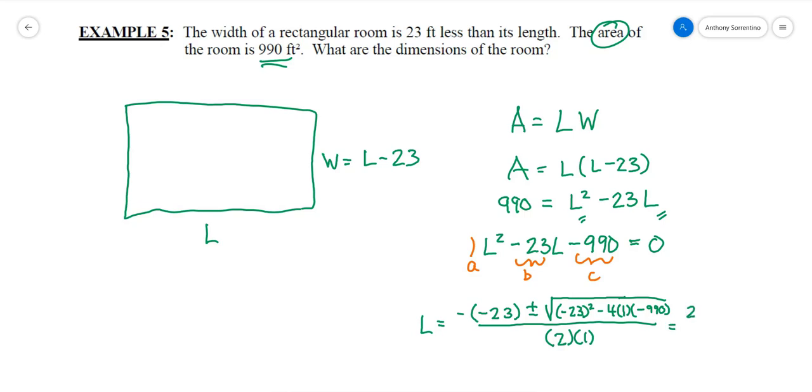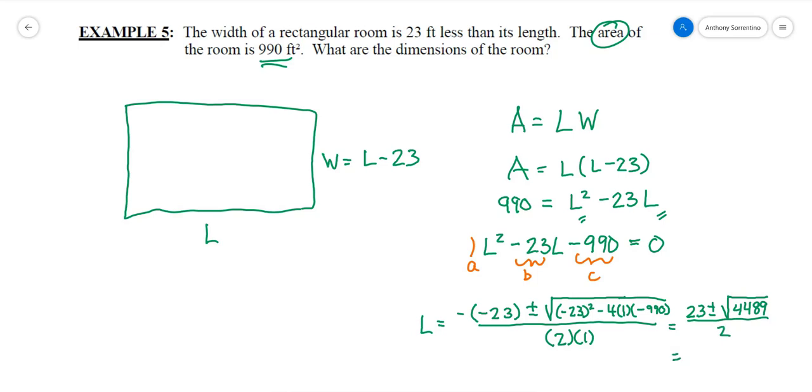So I'm going to have 23 plus or minus the square root of negative 23 squared minus 4 times 1 times negative 990, which comes out to be 4489